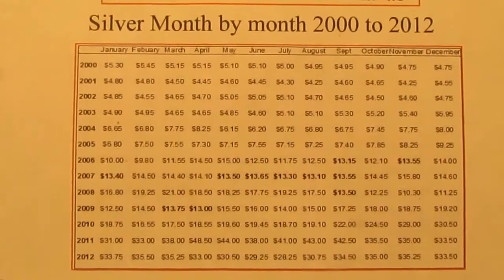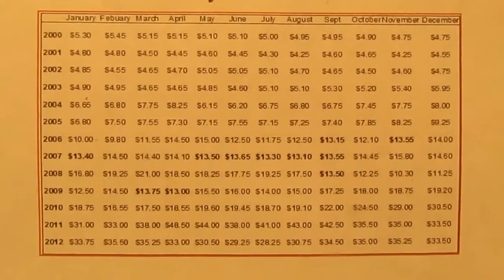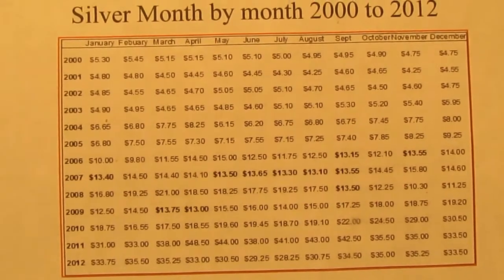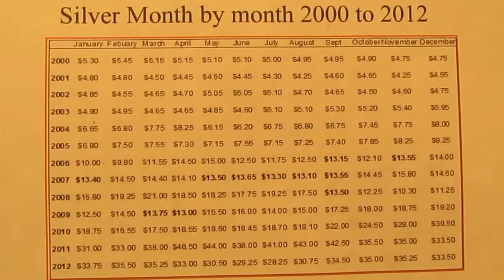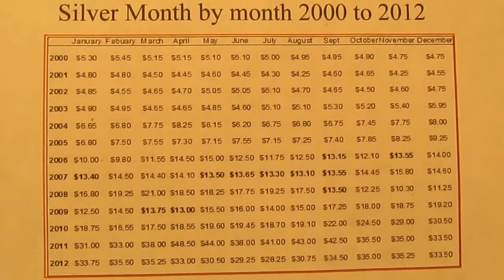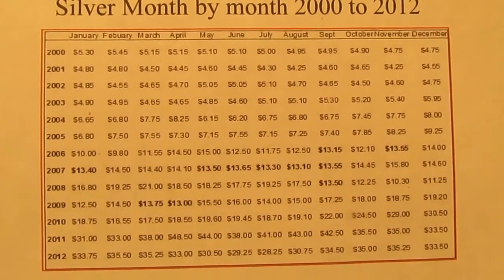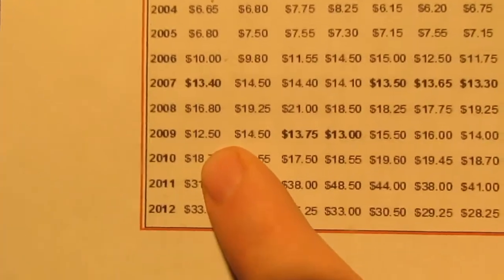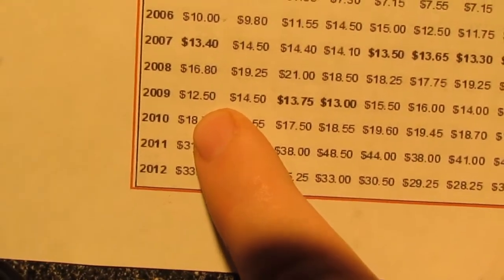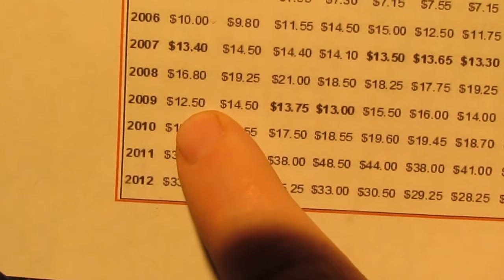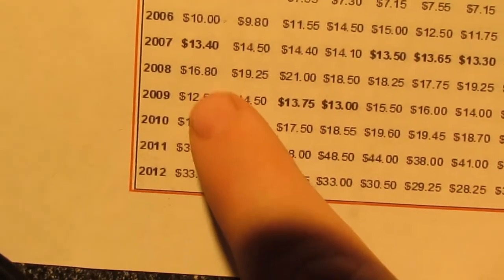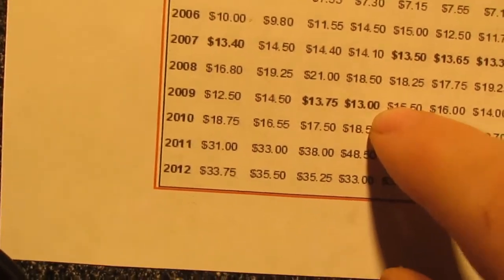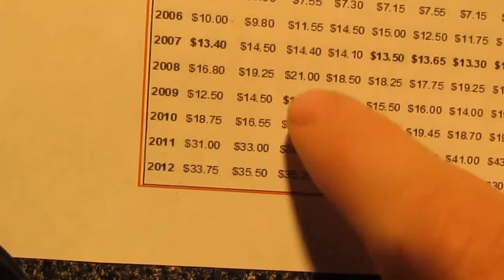So this is just a chart I'm using to show people that silver is unpredictable. Nobody knows what it's going to do. I'd love to still buy it at $5 an ounce, like in 2000, 13 years ago. That would be nice. But just look at it. 2009, 4 years ago, the beginning of the year, $12.50. There's no reason why silver can't go back down to that. No reason. That's why I tell people hold off on buying and see what happens.